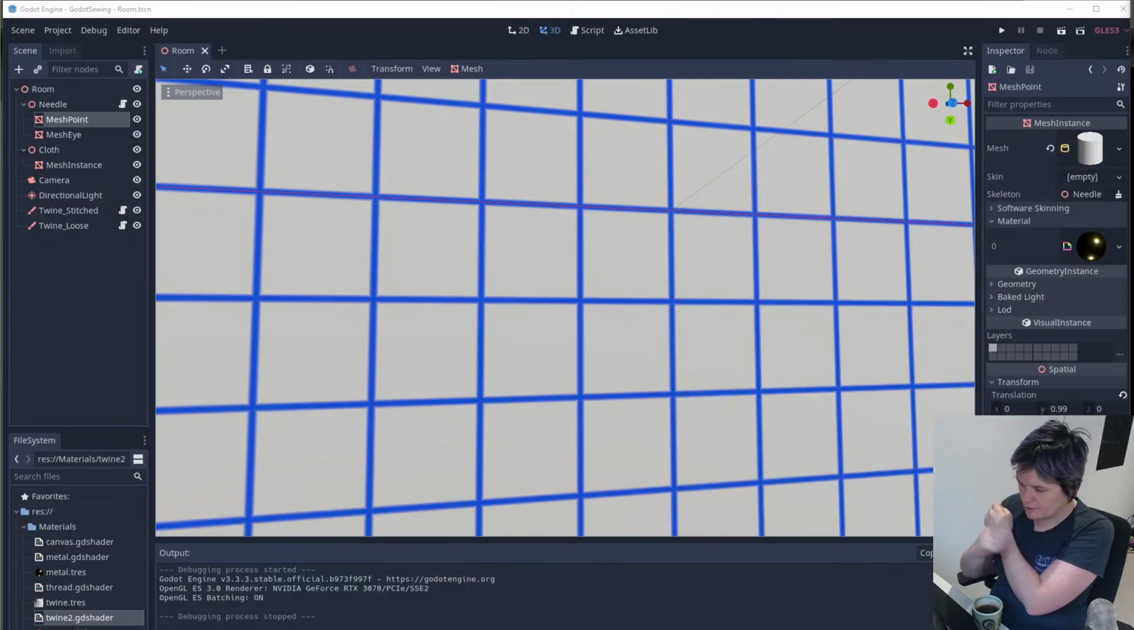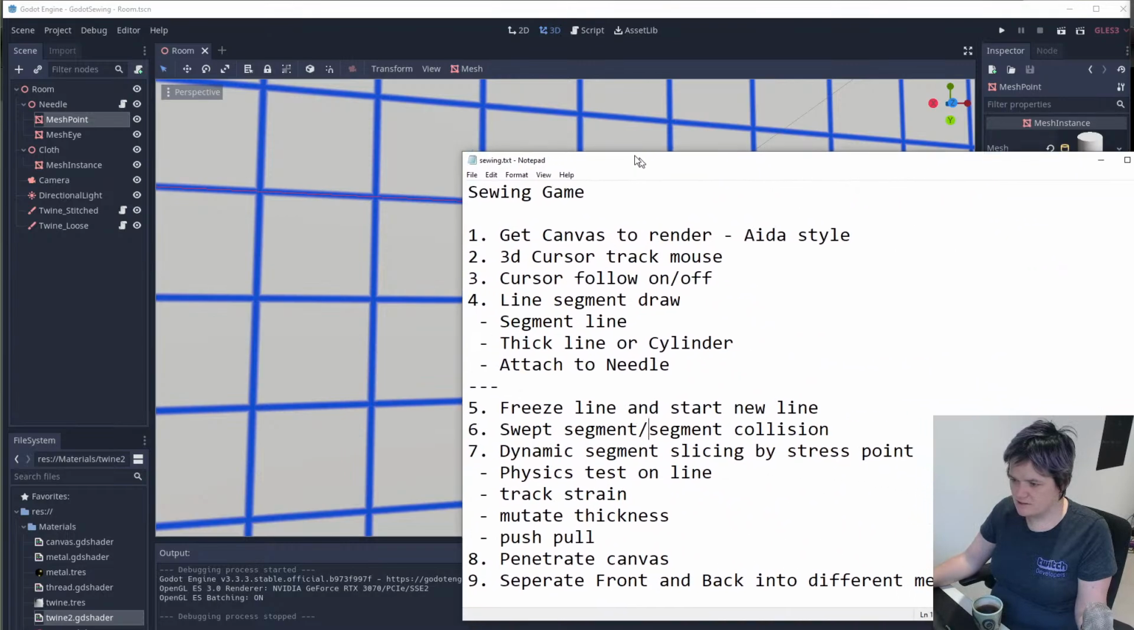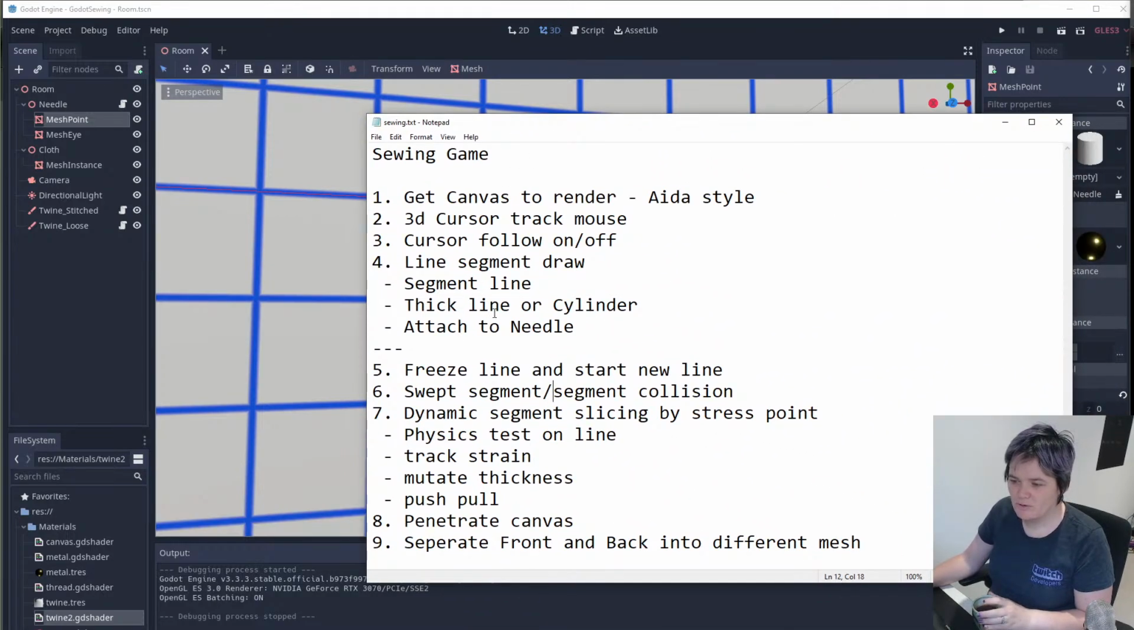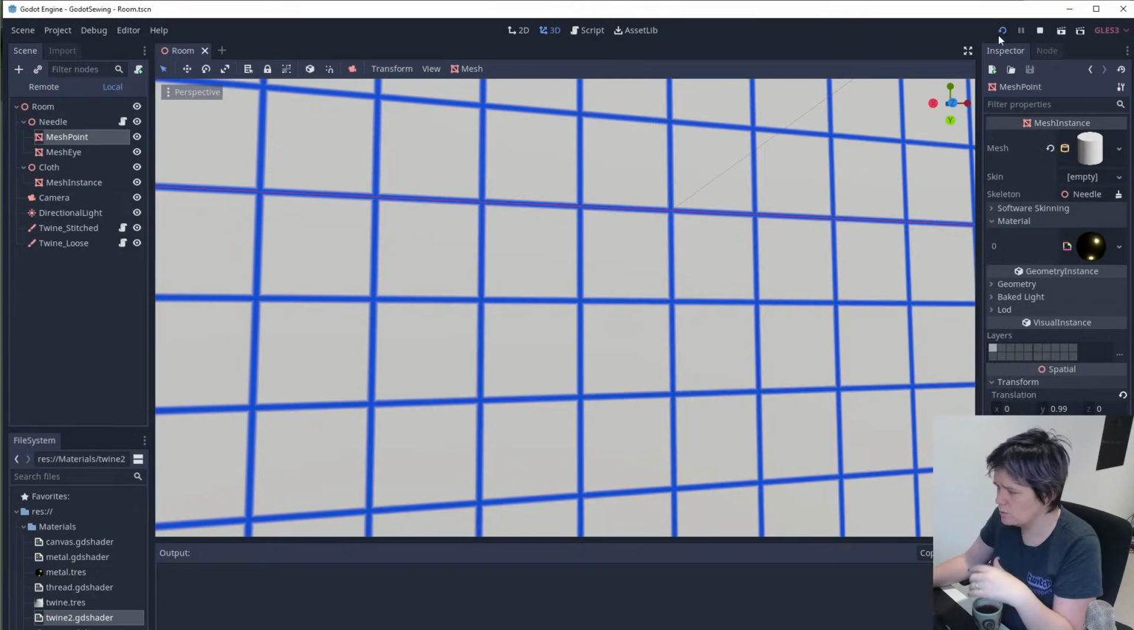Yeah, okay, brilliant. So we do have a to-do list. We haven't touched it in a few days. Here's the to-do list. We have attached it to the needle. Freeze line, start new line. Yes, that was the next thing that I needed to do. I needed to transfer stuff over. So to remind us where we were,